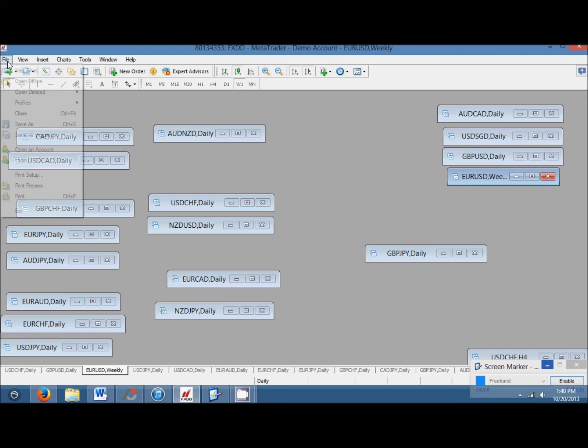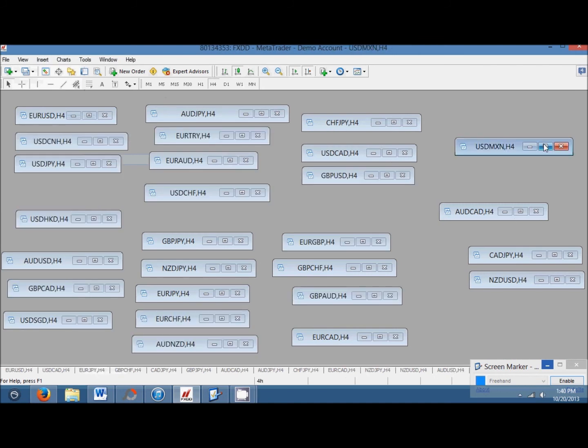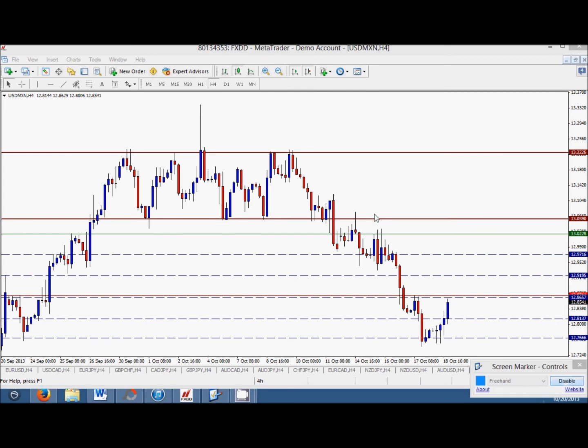Now the last pair we're going to be looking at is the US dollar Mexican peso on the 4-hour chart, which is a current trade that we are looking at. Now we entered on this pin bar right here. So as you can see, we are in some good profit right now. And prices did close below this take profit level right here, but if you remember, as I said, give this trade some room, so I kept my stop loss up here at this take profit level. Prices came really close to hitting the take profit level, but they haven't hit yet, and this is the pullback